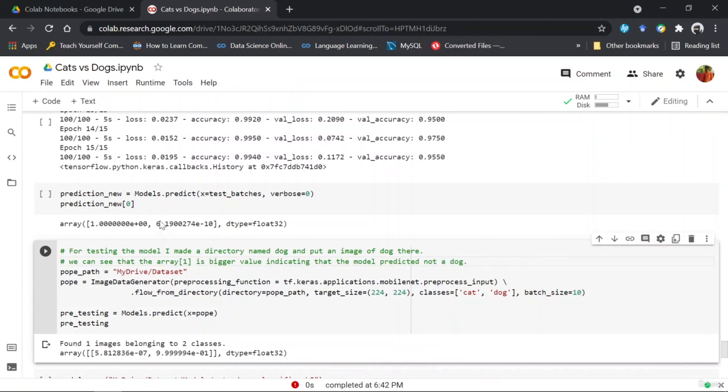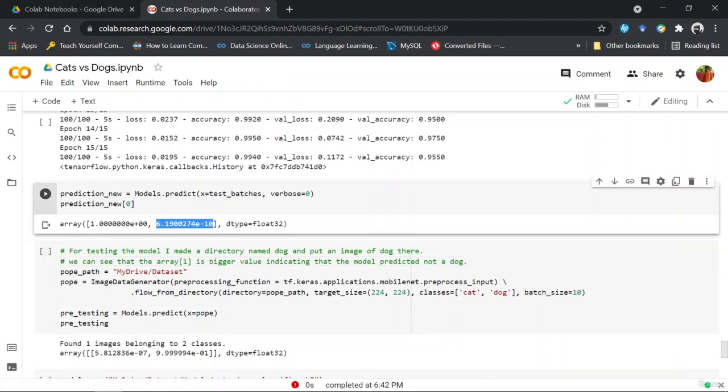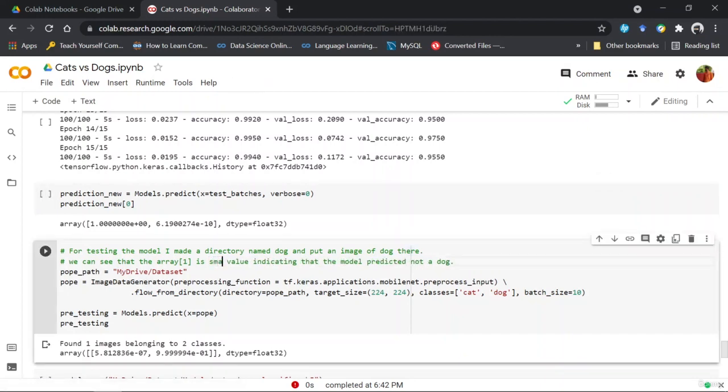You can see that the value here is very small, close to 0. So since the array at index 1 is a much smaller value, it indicates that the model predicted it to be not a dog.